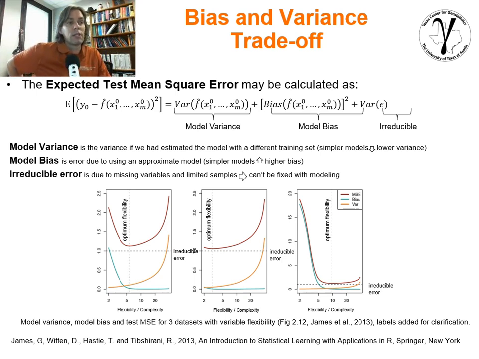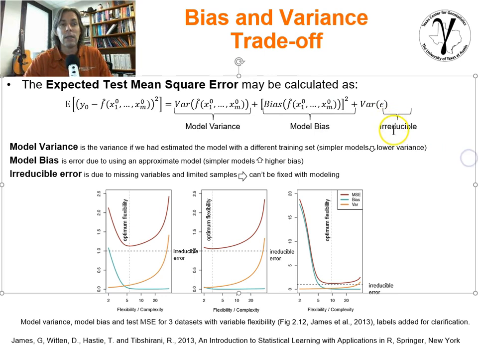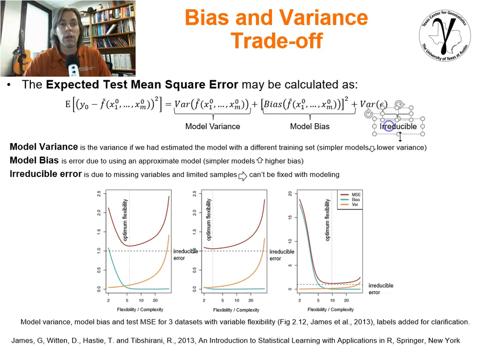Let's just cover this concept of bias and variance trade-off. And this is a very important concept. And so if we take another look at the idea of the estimation error, also represented as the mean squared error, and we look at it specifically with regard to the locations that are not in the training set. We're dealing with the locations that are in the testing data set, not used to build the model. That's why we show them as not in the training data set. Okay, if we look at them, we can decompose this equation into three components. And so these components will include the model variance, the irreducible error over here, and the model bias.